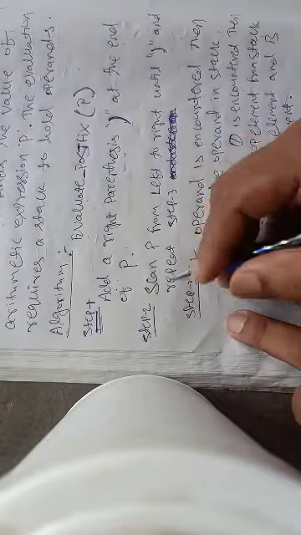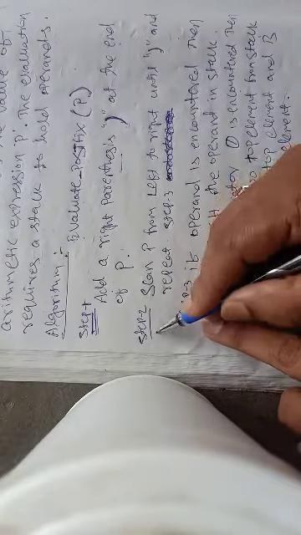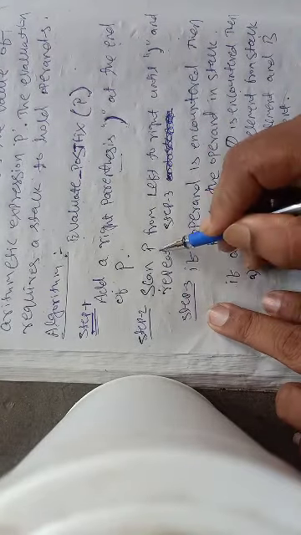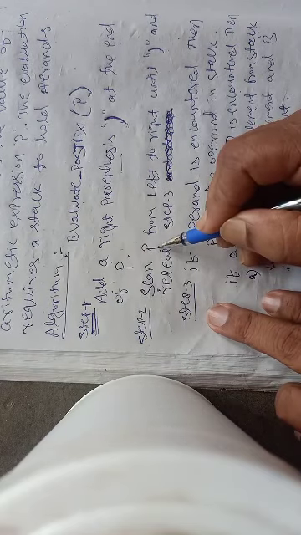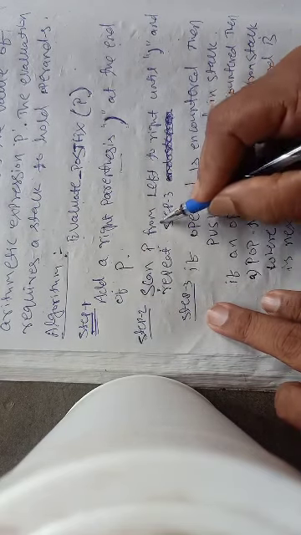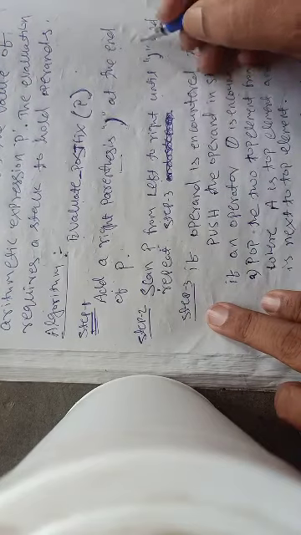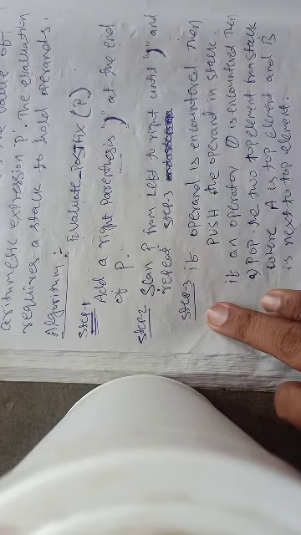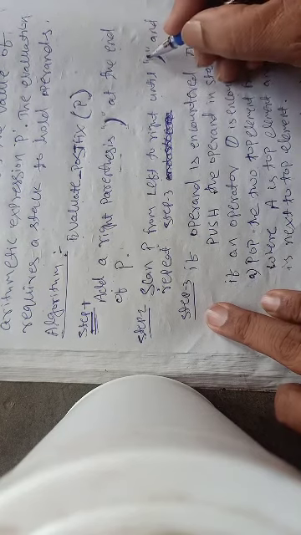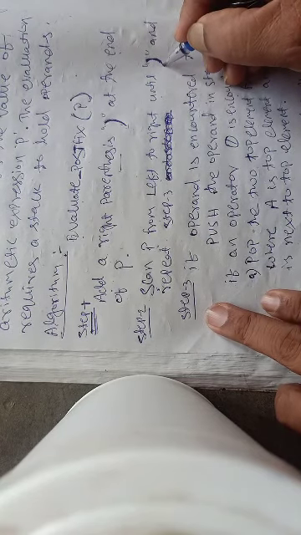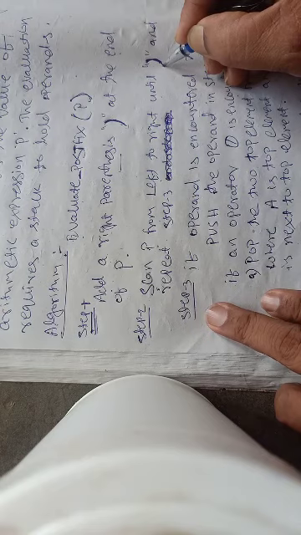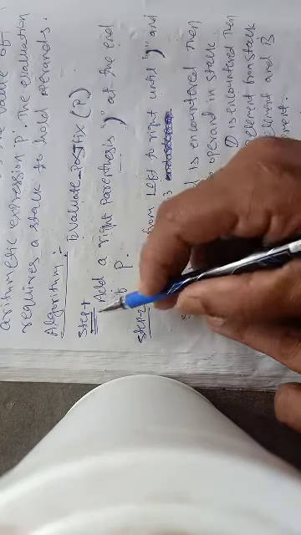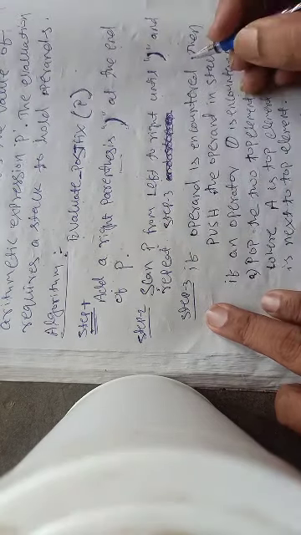See why this right parenthesis is used. It will be clearer in step 2. Step 2 suggests scan P. Scan P means scan the postfix expression from left to right until a right parenthesis. So you should stop scanning when a right parenthesis is encountered in the expression. That is why in step 1 we have added the right parenthesis.